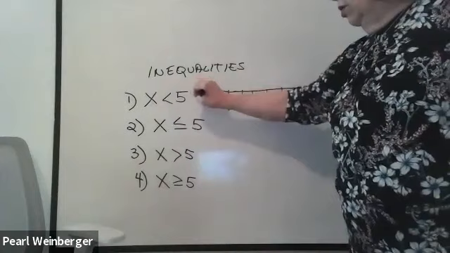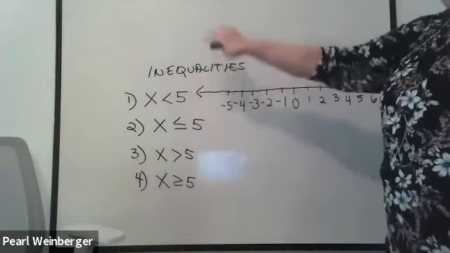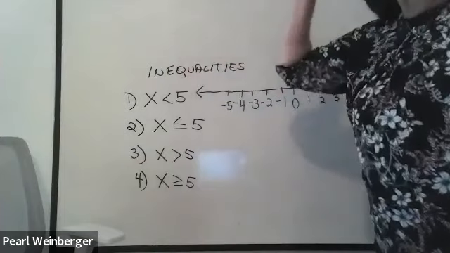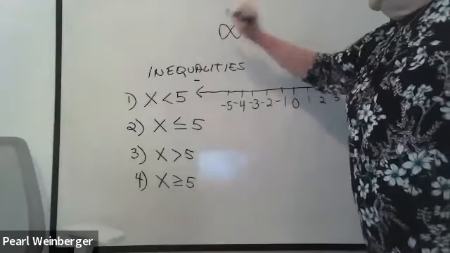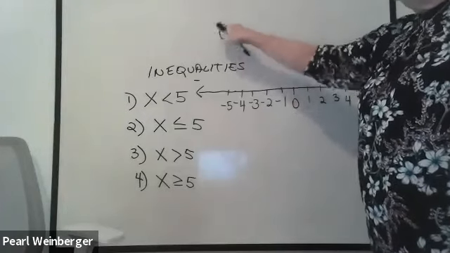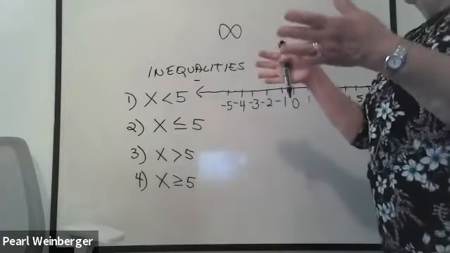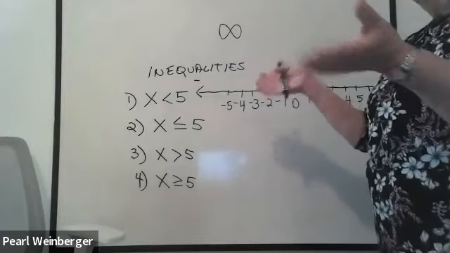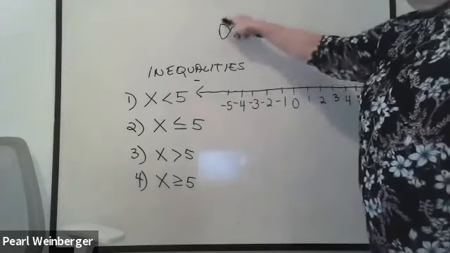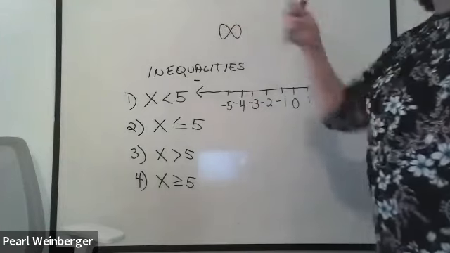Now, let me ask you a question. This keeps going all the way to the left. What does it end in? What is the most left point? Negative infinity? Very good. The infinity sign looks like a sideways 8. Infinity means going on and on forever. If you put it upright, it would be an 8, so we put it on its side. But it sort of shows you how it keeps going on and on. There's no end.